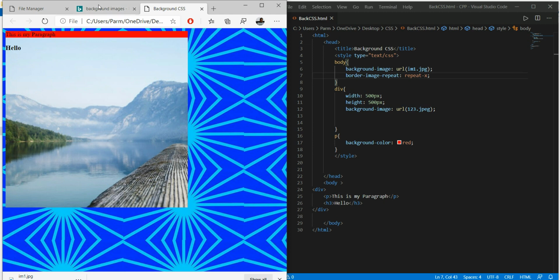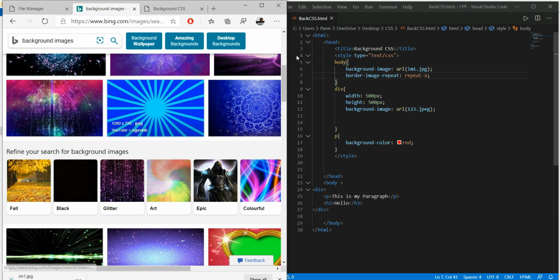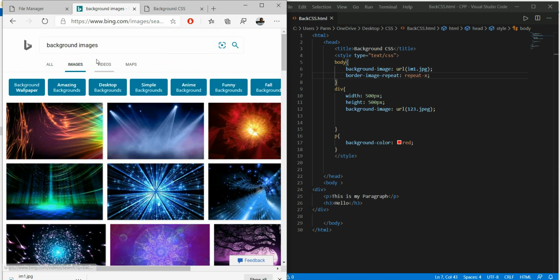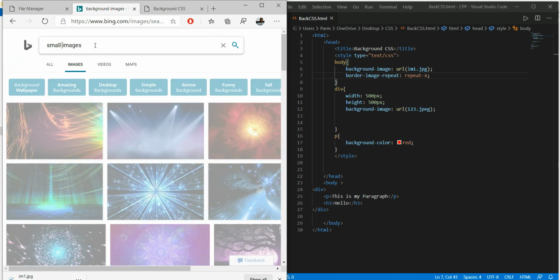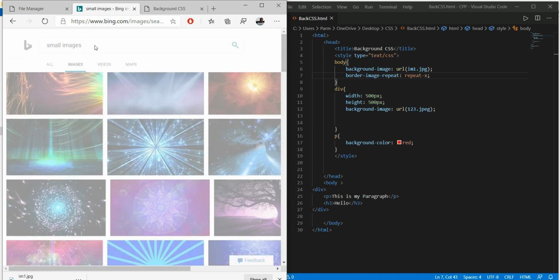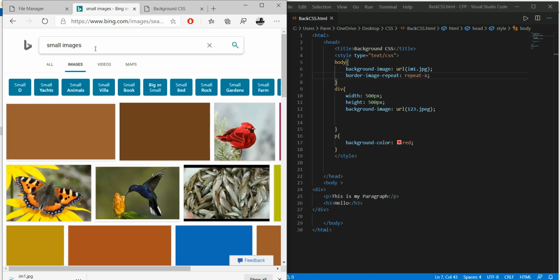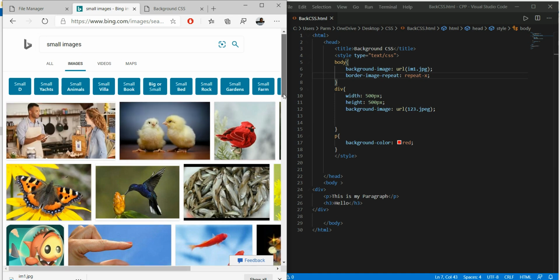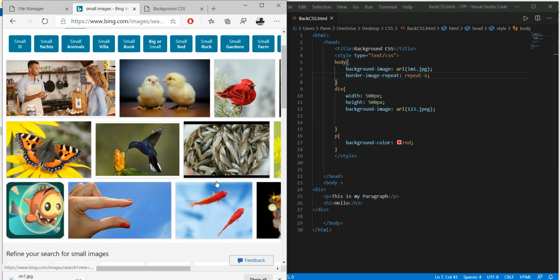Let's take an image of small size. Here we go. This image is of size 800 by 800 px. So here we go, just go with this image.